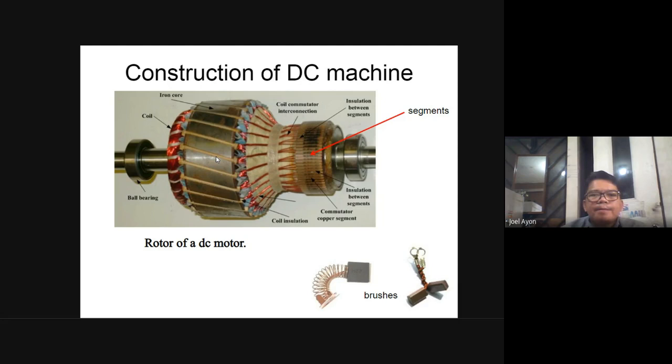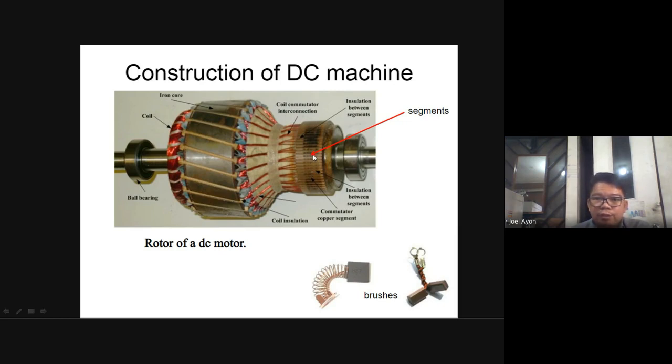Any questions so far? None. Yes, we have the coil-commutator interconnection. The copper segments of the commutator are connected through the coil-commutator interconnection, then it goes to the coil. Then again, the insulation. If there is no insulation between the segments, the copper segments,